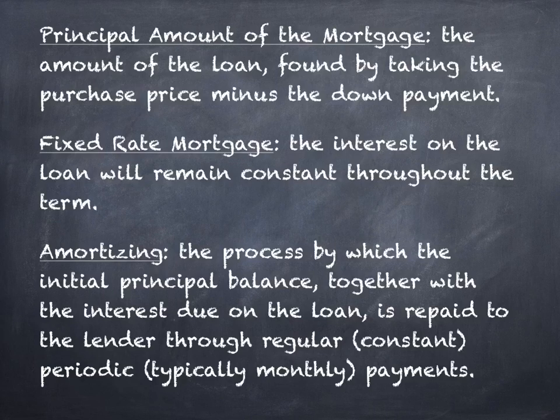And one of the pieces of paperwork from the lending institution, the bank or the credit union or whatever, is this amortization schedule. What it does is it tells you month by month, for however long the loan is that you're taking it out for, exactly how much of your money is being paid towards the value of the home and how much is being paid towards the luxury of being able to borrow the money from the lender. Okay?